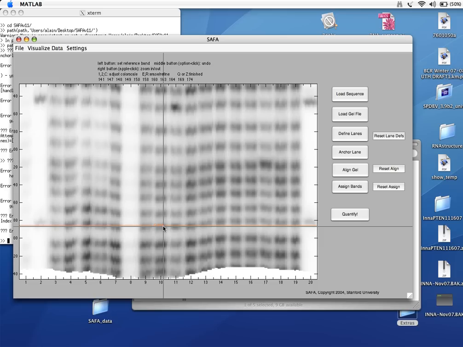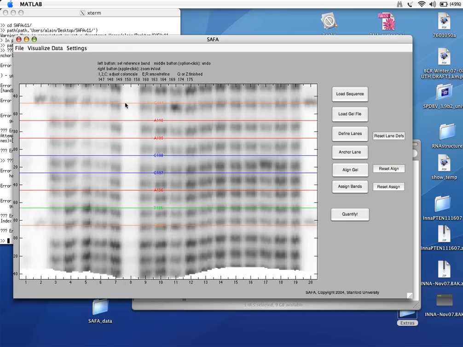Now, if you remember correctly, we selected G's in the sequence selector, and so it tells me that the next position that I'm going to have to assign is position 141. So 135, 136, 137, 138, 139, 140, 141. And sure enough, right there, over here, and over here in my T1 ladder, I have another dark band, which indicates that there's a G. So I go ahead and click on that, and now SAFA fills in the rest,